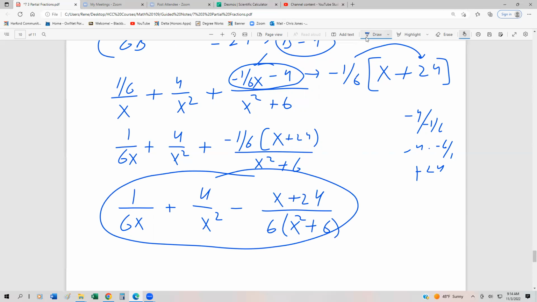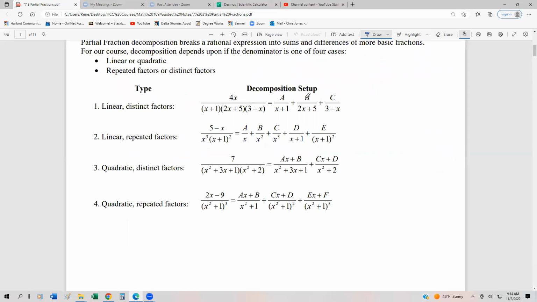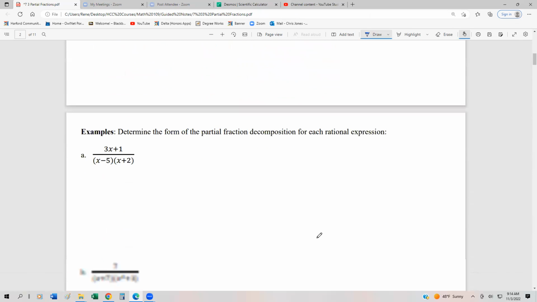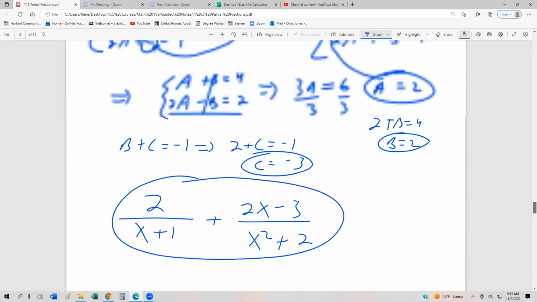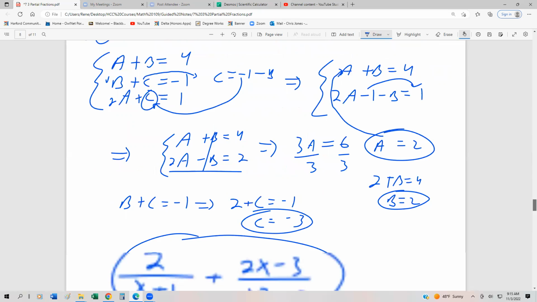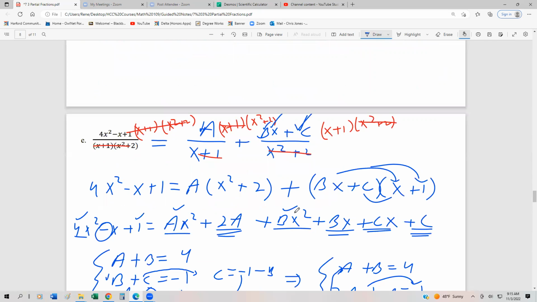Okay, all right, so that's going to be everything for our partial fractions in this section. Okay, so first thing I would recommend is if you're struggling with these, go all the way back to the beginning and remember what it means to divide, to set these up. Okay, then just be careful with your algebra as you're going through. Okay, since we just did systems, systems shouldn't be that big of a deal for most folks. Okay, but again, be careful with the foiling right here. Okay, that's usually one of the areas where students struggle a little